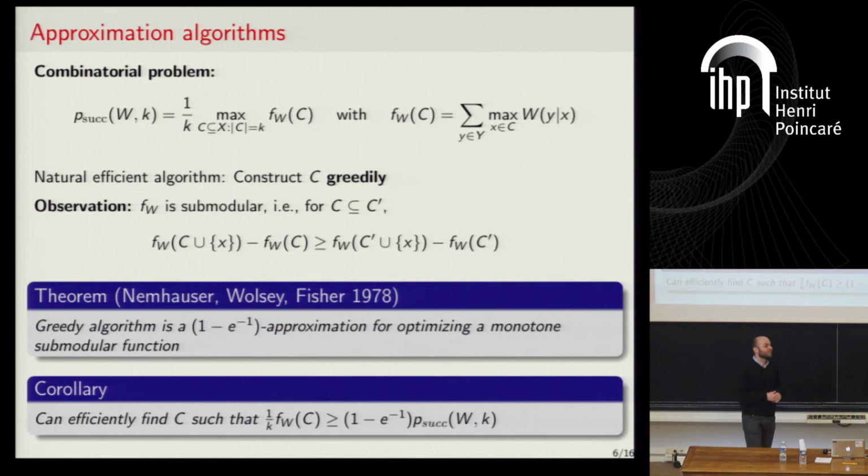And it turns out there is a well-known theorem in combinatorial optimization that says that if what you want is to optimize a submodular function subject to some cardinality constraint, then the natural greedy algorithm achieves a 1 minus 1 over e approximation factor. Okay, so in particular for our problem, if we try to find the code in a greedy way, then we have the guarantee. So of course, in general, it will not be as good as the optimal code, but you can show that the success probability it achieves is at least 1 minus 1 over e times the optimal success probability.